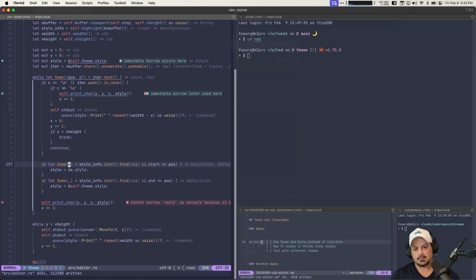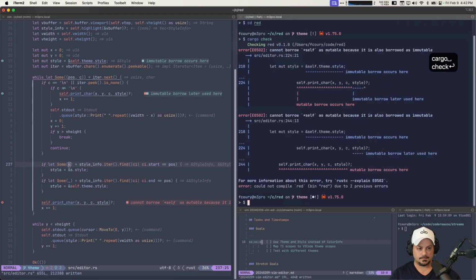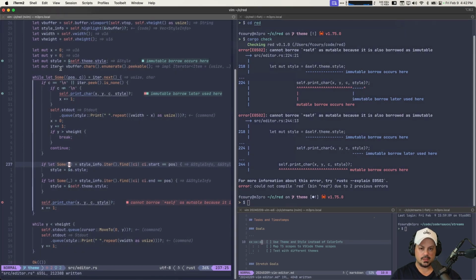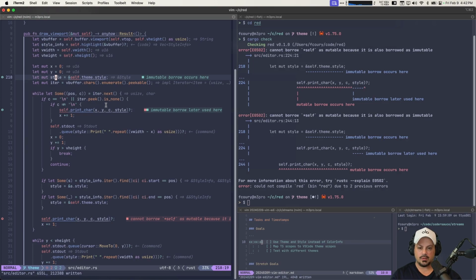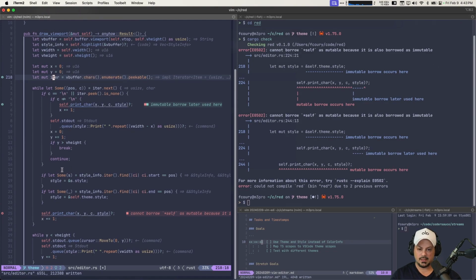what if we pass the style info to print char and we decide what to do inside there? Oh no, because this depends on the start position. I get it. We do a cargo check here. Yeah, we have an immutable borrow here on the print char. Why does it have to be mutable? Oh, because it comes from the outside. It doesn't have to come from the outside anymore, because we're always determining. No, we're only doing that when we. No, we are always determining this. So this doesn't have to be mutable anymore. And actually,